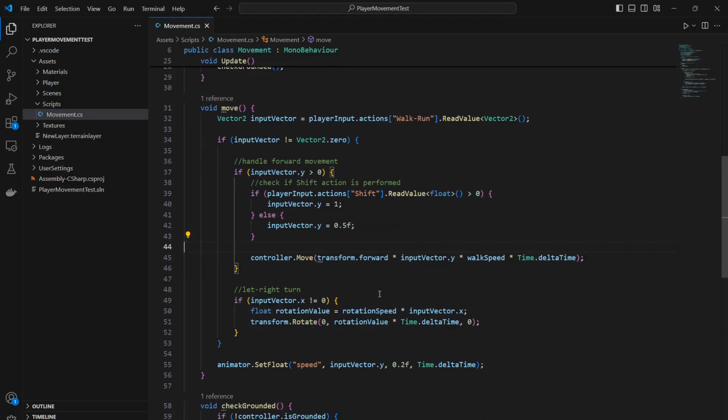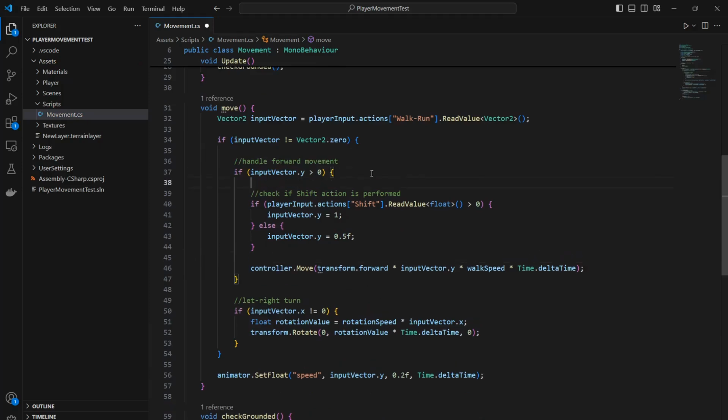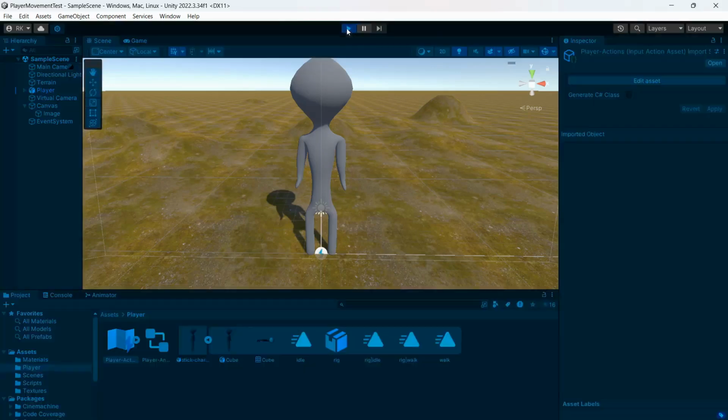Okay, so this code will work only for keyboard, and it's going to nullify the effect of joystick. On-screen joystick will also work like a key. And to run this,